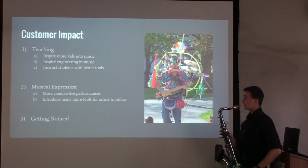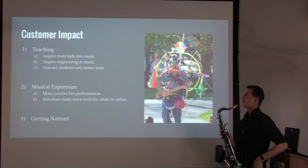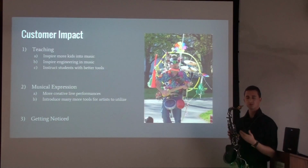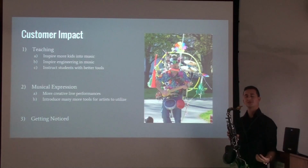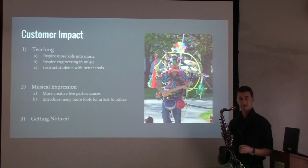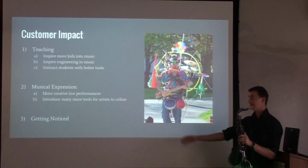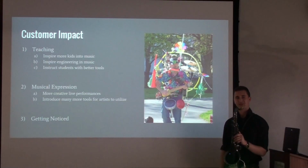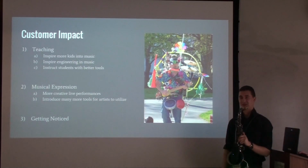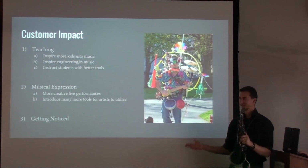And for musical expression, you can create different audio effects. You can create more tools for musicians in real time. Electric guitars can have effects in real time, no problem, but it's much, much more difficult for acoustic instruments to do so. And that's exactly what we're trying to accomplish with this. And again, getting noticed, over and over. So these are 3 customer impacts, our hotspots for the product. And that's all I have for